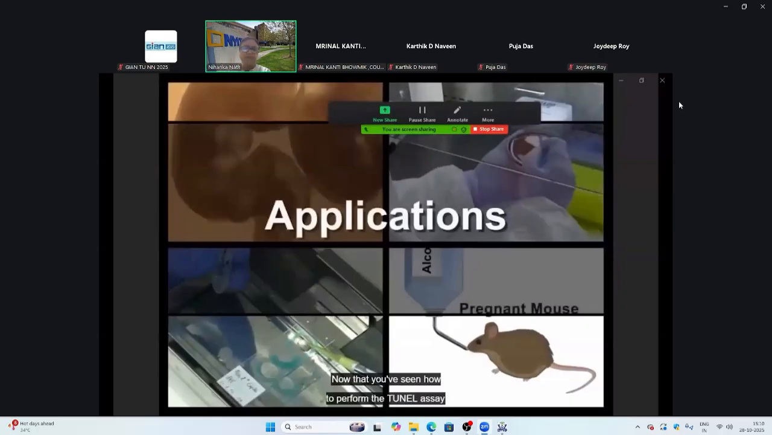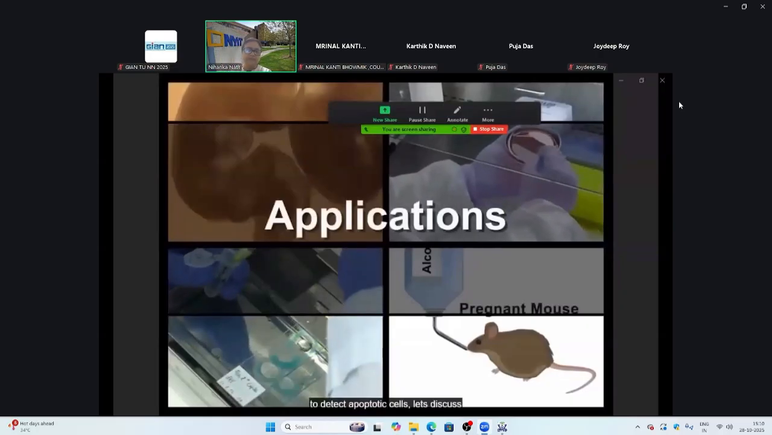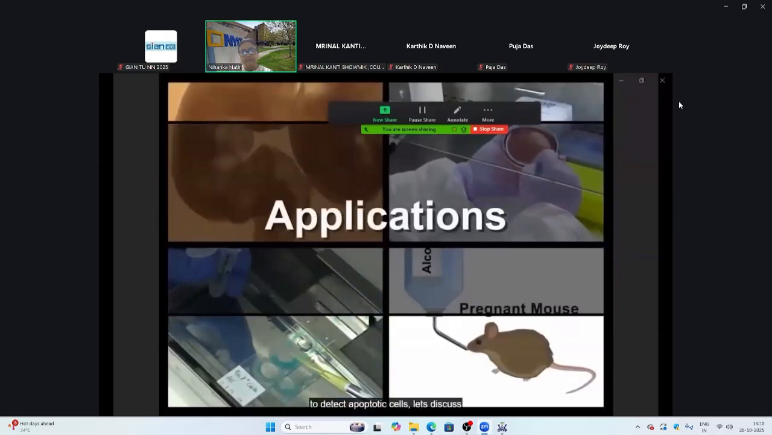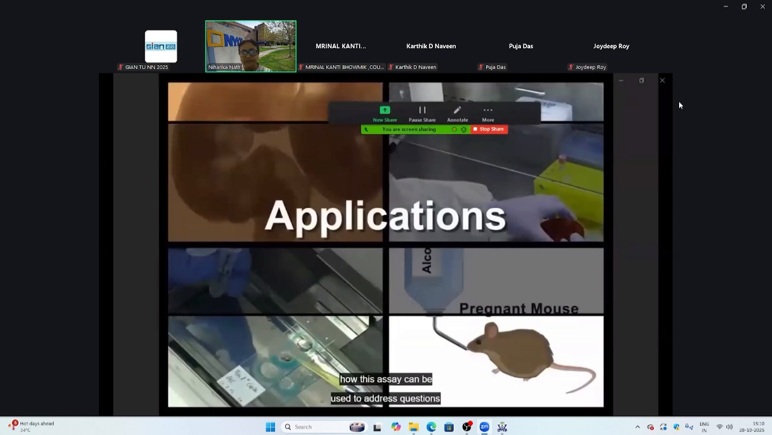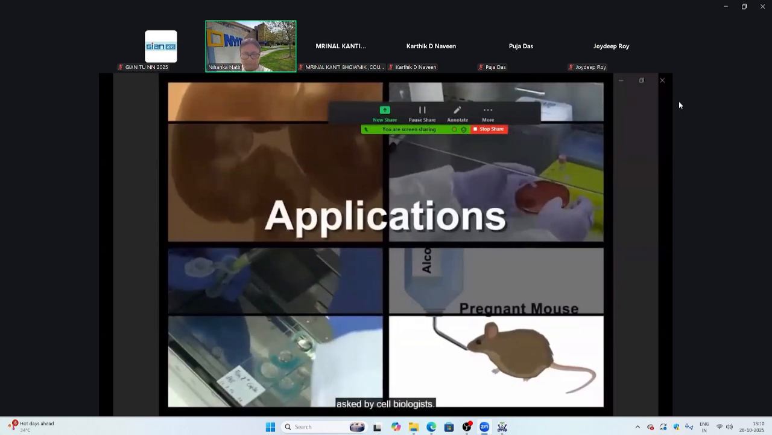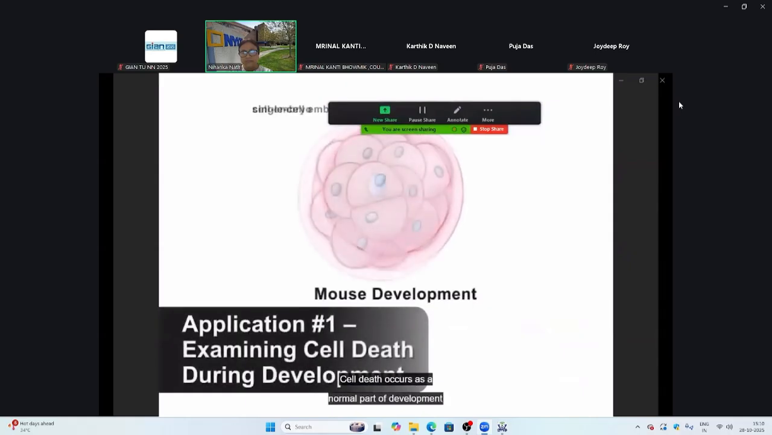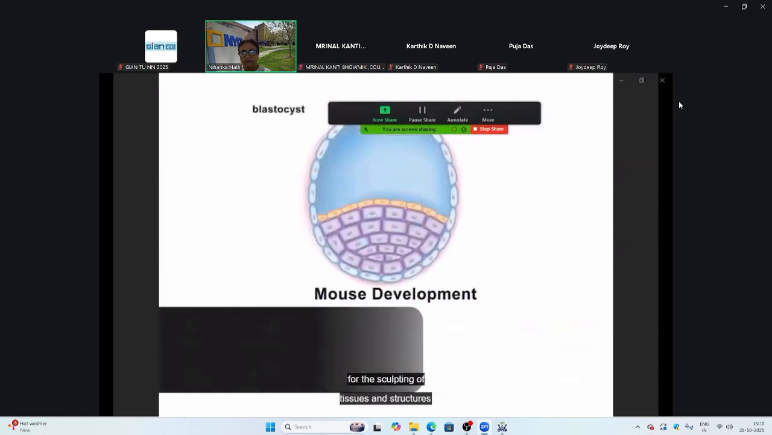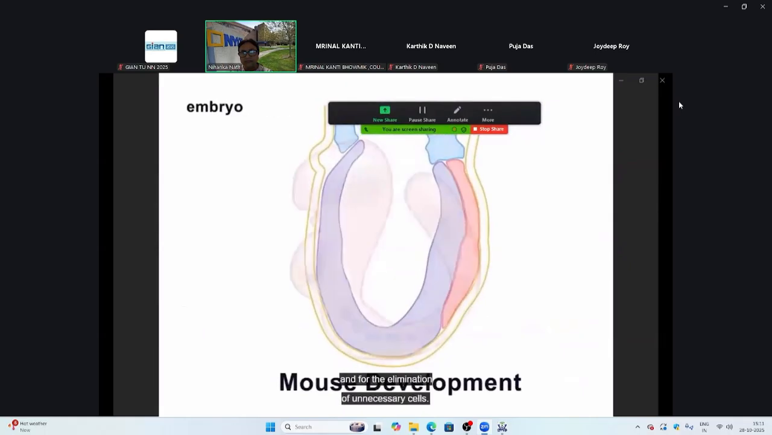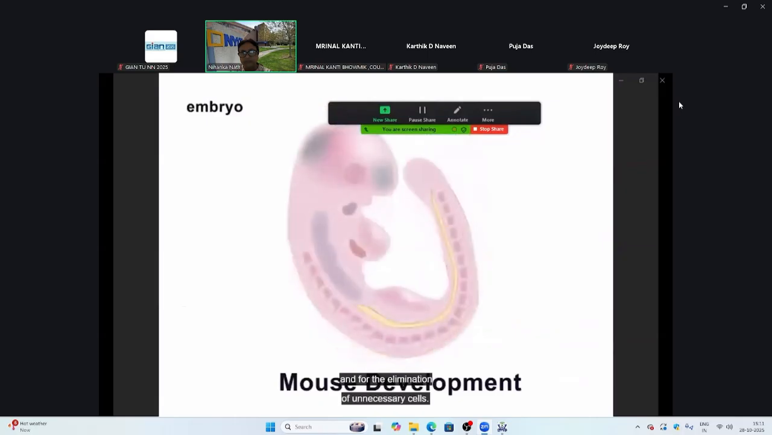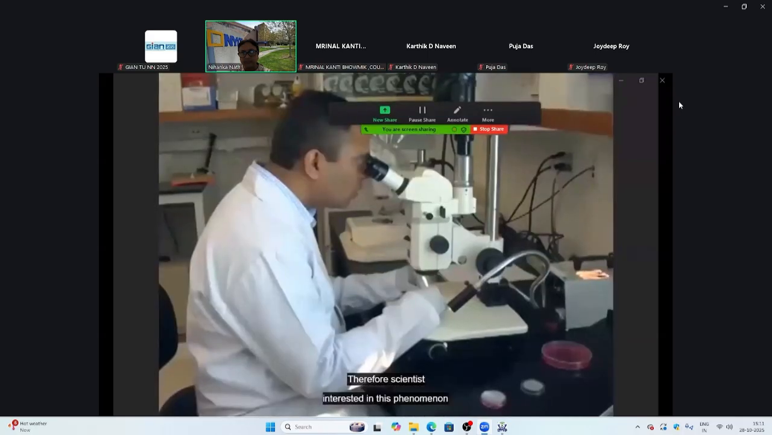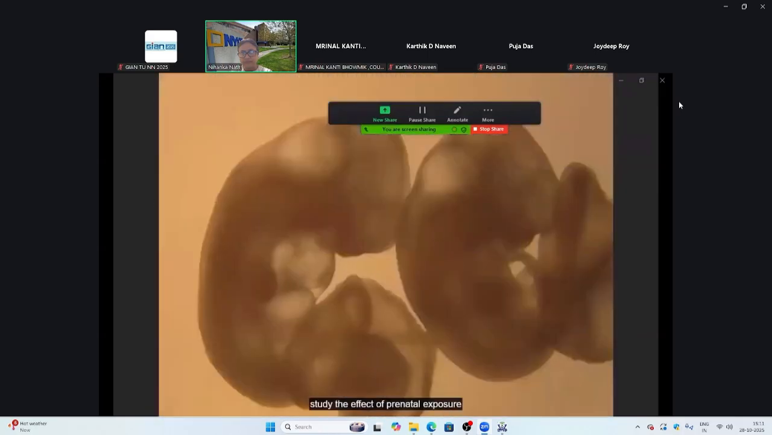Now that you've seen how to perform the TUNEL assay to detect apoptotic cells, let's discuss how this assay can be used to address questions asked by cell biologists. Cell death occurs as a normal part of development for the sculpting of tissues and structures, and for the elimination of unnecessary cells. Therefore, scientists interested in this phenomenon study the effect of prenatal exposure to different substances on apoptosis